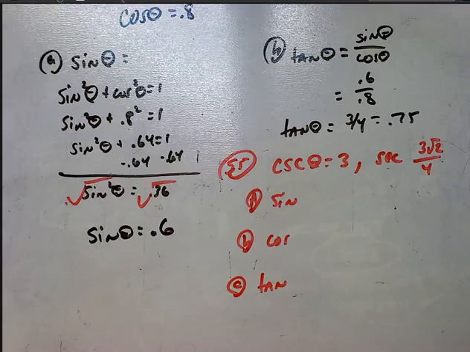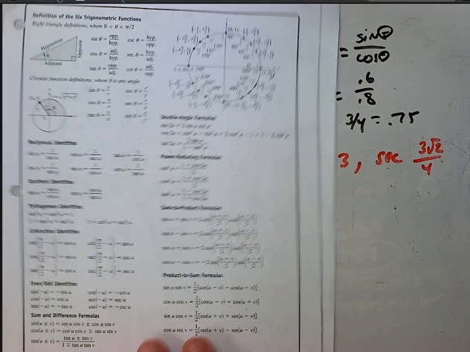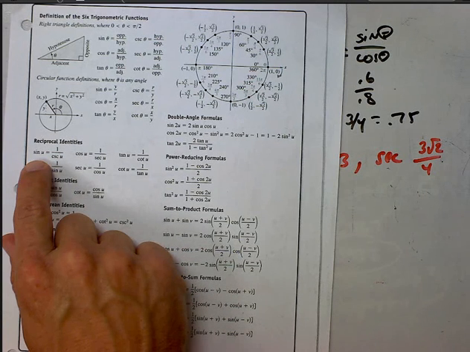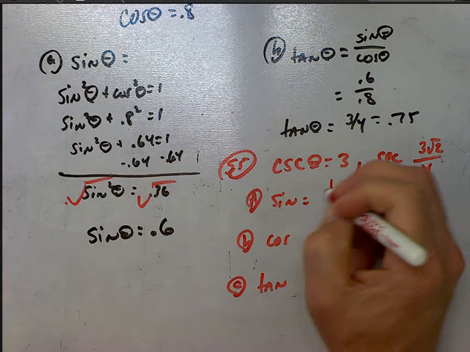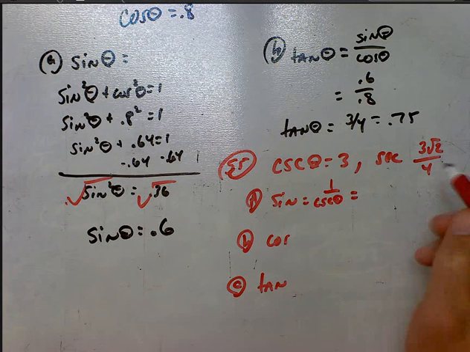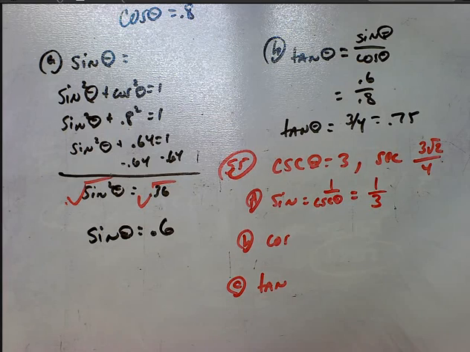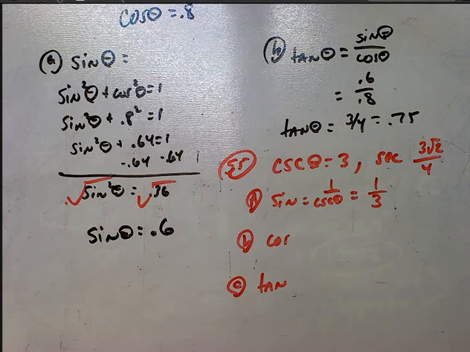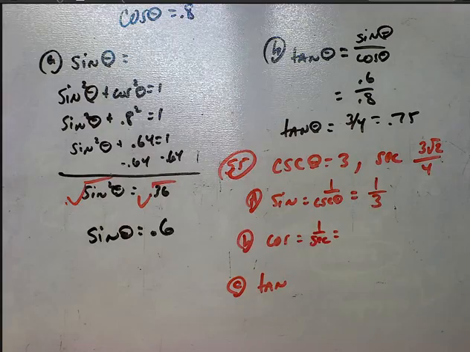Alright, so we're back. For sine, cosecant is equal to 1 over the sine, or sine is 1 over cosecant. So I know sine equals 1 over the cosecant of theta, so that's going to be 1 over 3. The cosine is equal to 1 over the secant. So if the cosine equals 1 over the secant, that essentially flips this over to make it 4 over 3